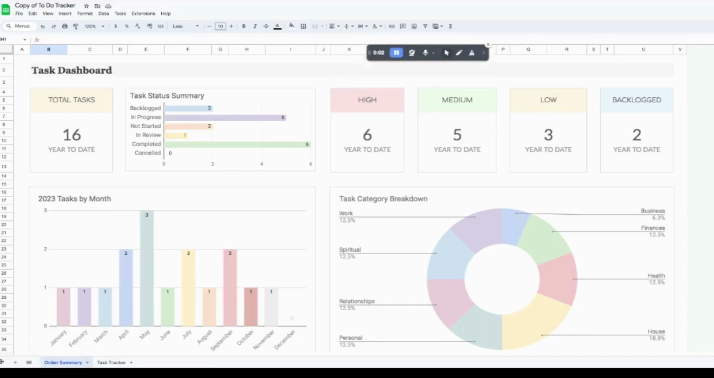Hello, today I am going to be walking through the task tracker, the to-do tracker in Google Sheets as well